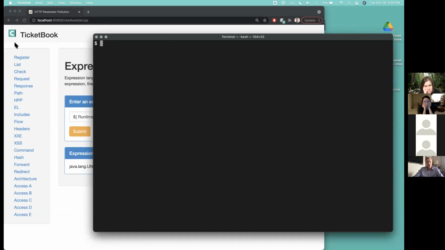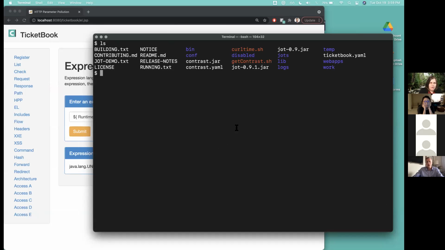I have this application called Ticketbook here that we're going to use for our example. And in my directory here, I've got Jot. So you just download the Jot jar file. And I've got a directory full of Jots. And if I do an ls Jots, you can see there's a set of Jots in here. We're going to use some of these. I'm going to use this one called